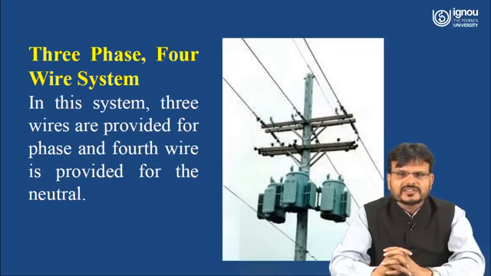Here you can see in this diagram that these 3 phases are shown, and the 4th wire is a neutral wire, and the top wire above the RYB is basically called the ground wire. What is the importance of the ground wire? If lightning occurs in the environment, that means there will be a lightning stroke. Due to this lightning, the wire or the pole may be damaged, the transformer may be damaged. So what will be the function of this ground wire? All the surge that comes due to the lightning will be transferred to the ground.